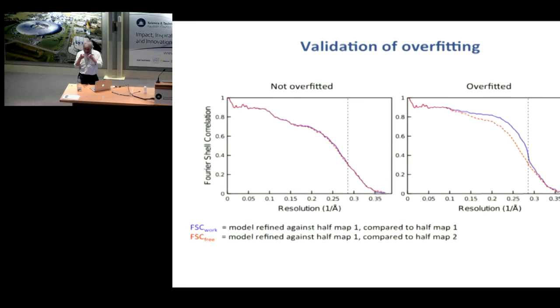But in your case, what was interesting is that it's very likely that the molecules are not completely the same. It's very likely that some parts are the same and some parts are not. So what you would like is to restrain where they are the same, and not restrain where they are not the same. For that, we have tools called local NCS. Local NCS is based on local interatomic distances. But your resolution is 7.4. 7.4 is not bad. I wanted to say lower resolution, not worse. You can use that, but